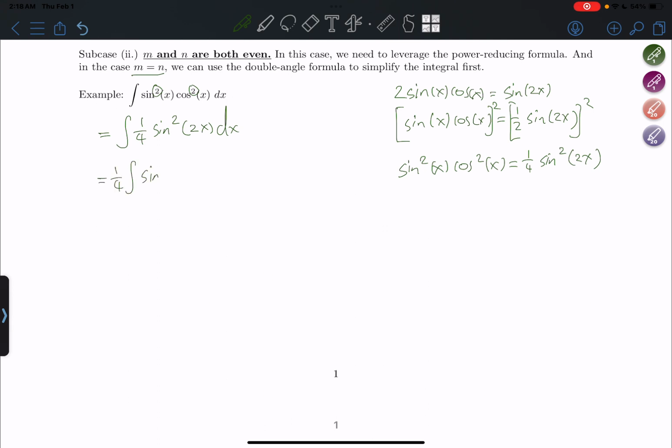Okay, and I have sine square 2x dx. And now I once again hit it with the power reducing formula, right? You can't really get away with that here. You will get 1/4 integral 1/2. The power reducing formula here for sine square is going to be 1 minus cosine 2 times the angle in between. So it's going to be 2 times 2x